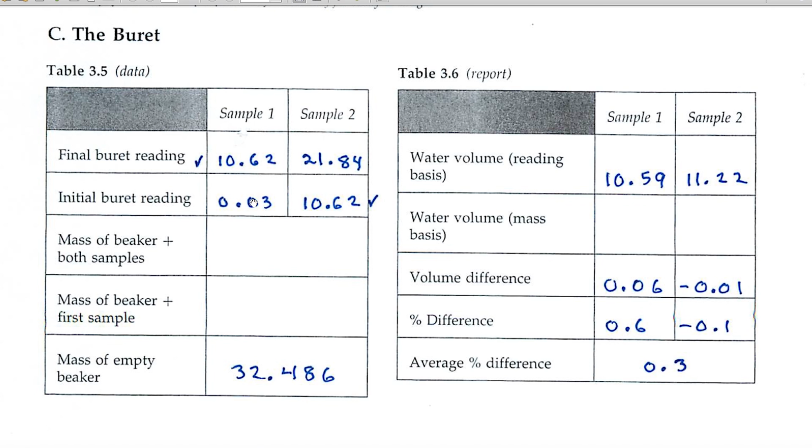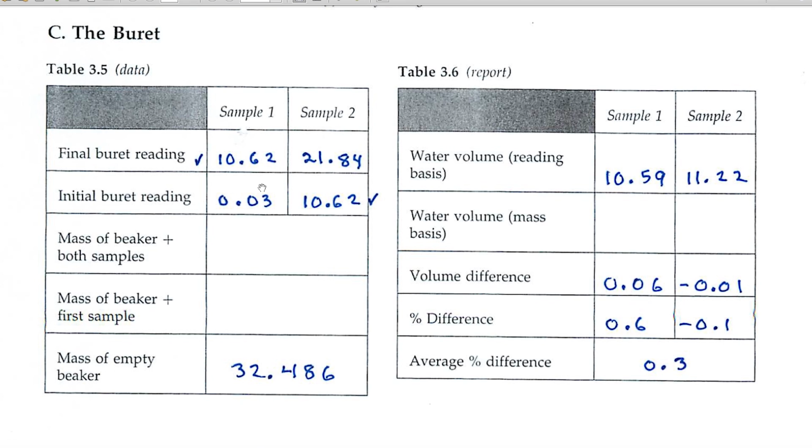So here's the initial burette reading. Sample 1 is delivered to a beaker, and here's the final burette reading for sample 1. Then that final burette reading for sample 1 is used as the initial burette reading for sample 2. The difference between these two values is about 10 milliliters that you're after. The difference between these two values is about 10 milliliters for sample 2. And of course, what we're using here is the principle that 1 milliliter of water weighs 1 gram. And so we can